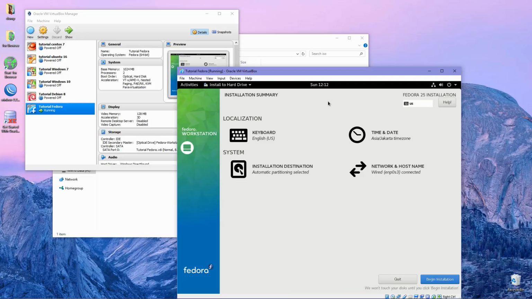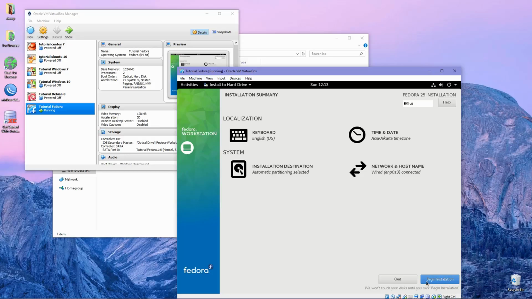Okay, make sure all installation settings have been configured as you want, and that there is no sign of warning.